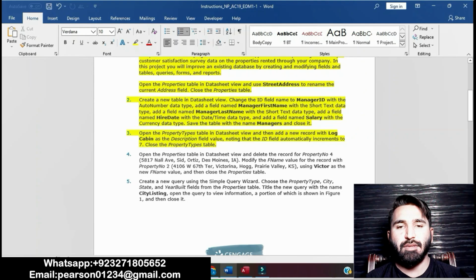Open the properties table. Add a new record with log cabin. We will have to add a new record.